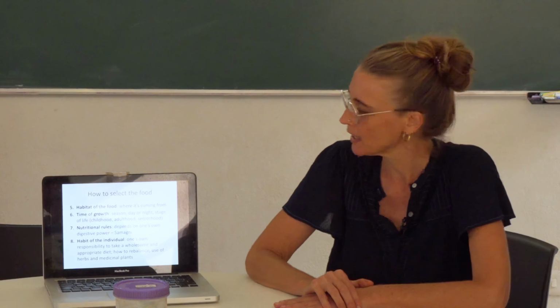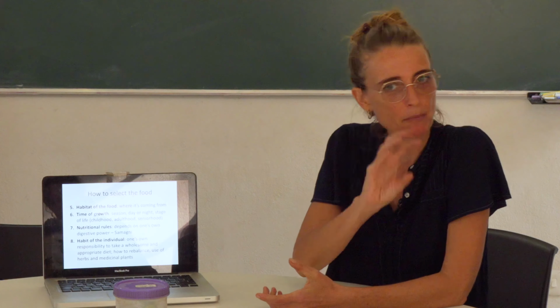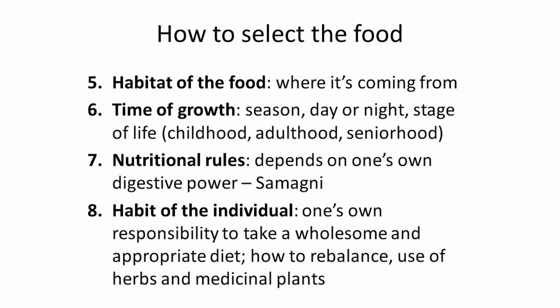And then the food you're going to select depends on your stage of life. During childhood, lots of cereals to grow. In adulthood, slowly we don't need the cereals so much, and we focus on protein and vegetables, and cereals if we do some physical work, but otherwise not. And in seniorhood, the portion will reduce and maybe be taken more often. So also your inner growth is important to know how you're going to eat and in what way. Nutritional rules. So there are the 13 rules that we're going to see just after this.